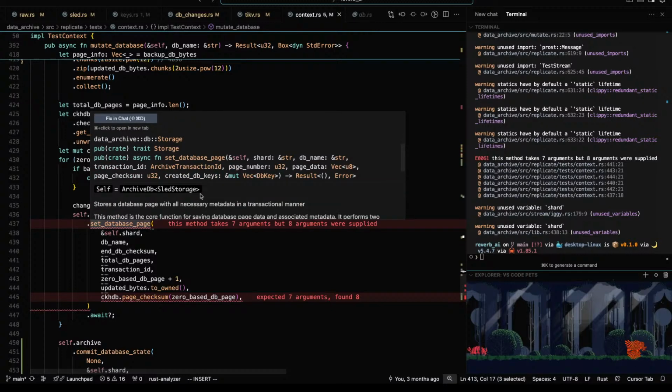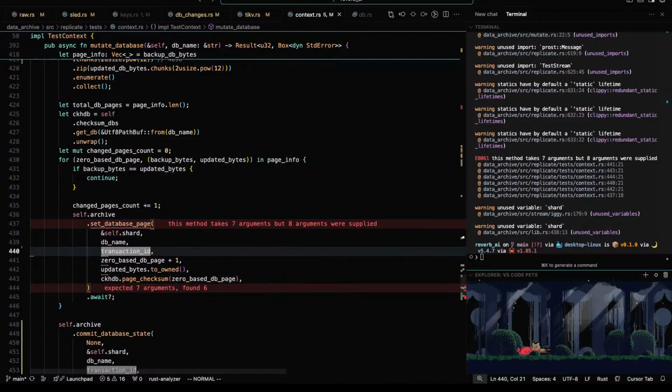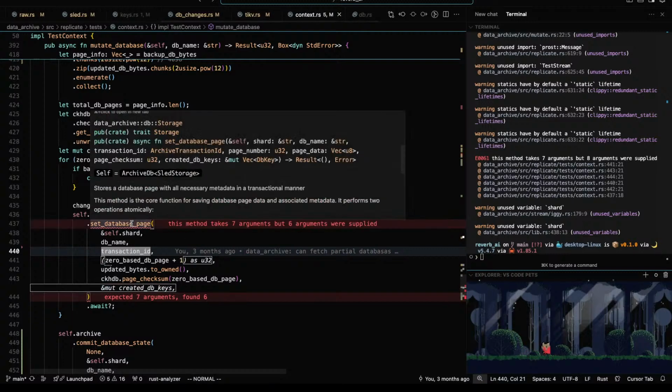Okay, shard. Database name. Transaction ID. Okay, total DB pages. So these two need to go. Shard, DB name, transaction ID, page number. It's fine. Page data. Yes.